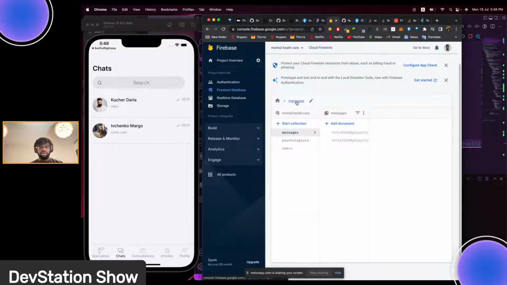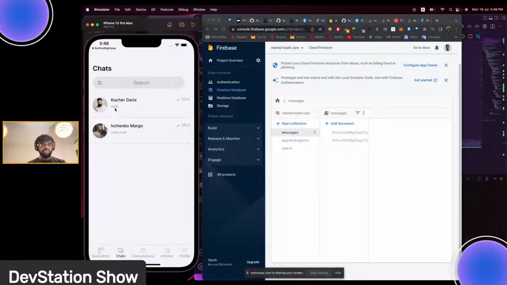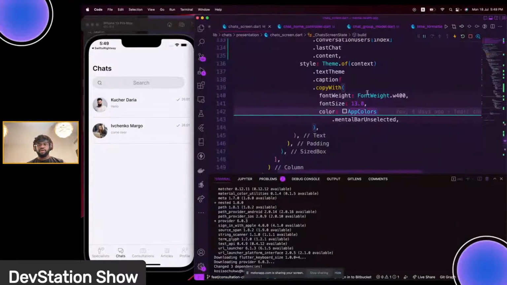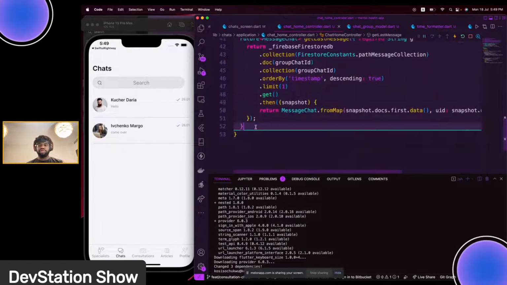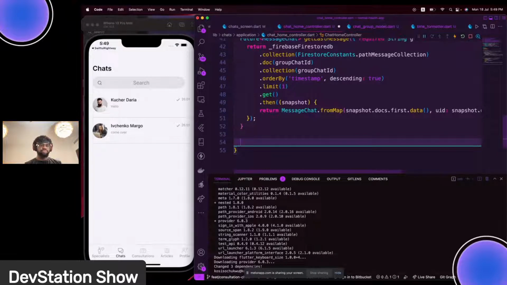That's working. But before we call it a day and close off, right now if you click on this, nothing is happening. We are not being taken to the message room to see what the chat looks like. We could fix this up by coming over here in our chat home controller. Going to create a new function under here. The new function we're going to call open, so it's going to be void,